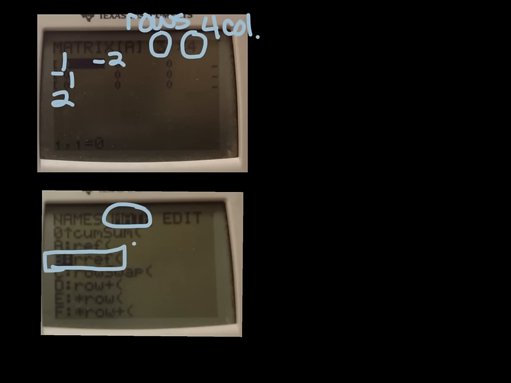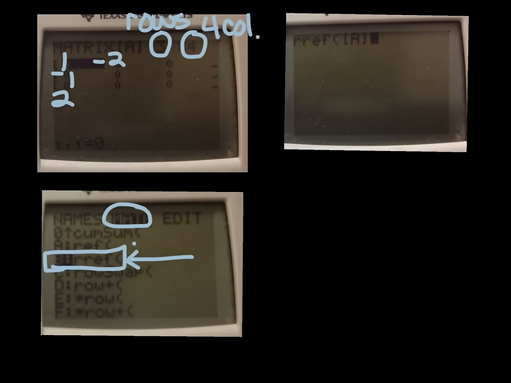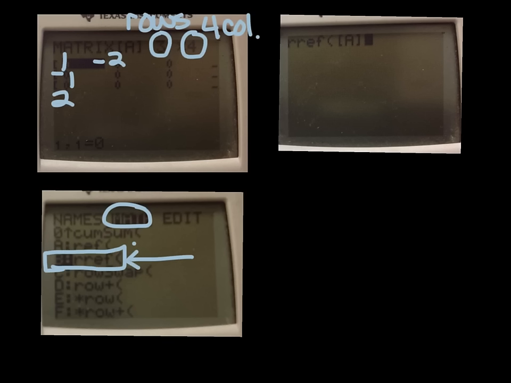See how there's an REF for A? That's not what we want. RREF, the row reduction. So you'll select that and just hit enter, and then it's just going to show you this, and then you have to select the matrix that you want to do it to. So you'll hit second matrix, and then pick the one we used, A, or whatever you put your values into, and then you'll hit enter,